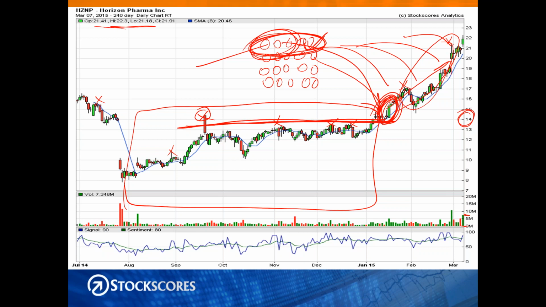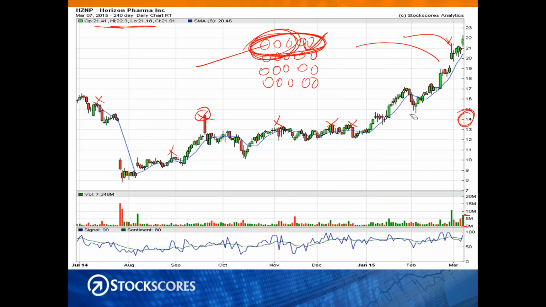When a stock breaks through resistance with abnormal activity, which is what happened right here, volume was higher, price action was higher, breaking through resistance. What the market is telling us on that day is, hey, there's something here that is important. We don't want to be the group buying up here who are late to know. We want to be with the group down here that are early to know. And you don't need to know anything. You just follow the people that do.